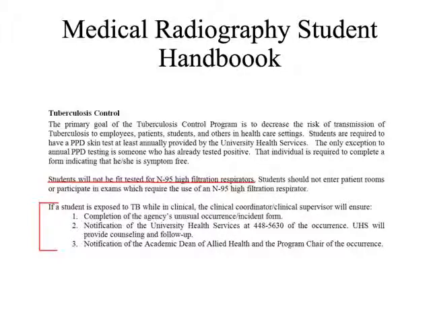The body's immune response to TB is to form a calcified cavity around TB and prevent its spread until that cavity breaks, until the bacteria breaks through that cavity, at which point the person becomes actively infectious and they can spread the disease. If for some reason, while you're in the clinical environment, you believe you've been around a person